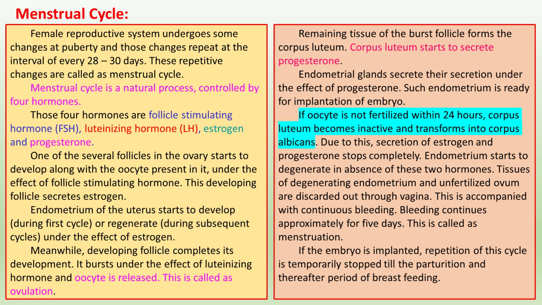Menstrual cycle. The female reproductive system undergoes some changes at puberty, and those changes repeat at intervals of every 28 to 30 days. These repetitive changes are called the menstrual cycle. The menstrual cycle is a natural process controlled by 4 hormones. Those 4 hormones are